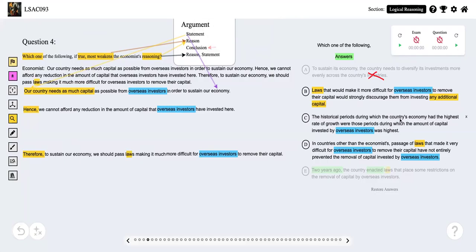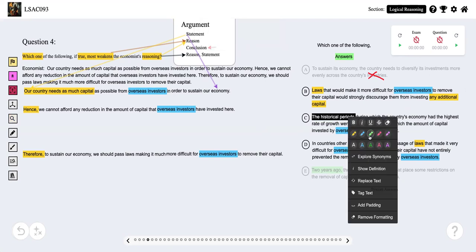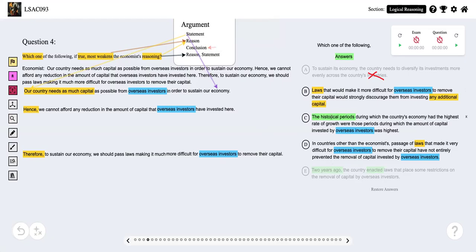So I'm going to get rid of, especially with this historical periods, this has a time element down here that we eliminated with 2 years ago. Historical periods is pretty close to being in the same context of time as 2 years ago. So we're going to eliminate this. We have 2 left. So to sustain our economy, we should pass laws making it much more difficult